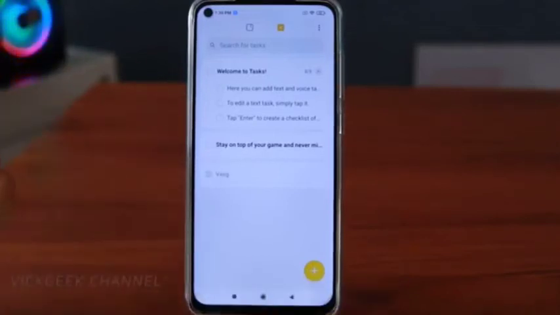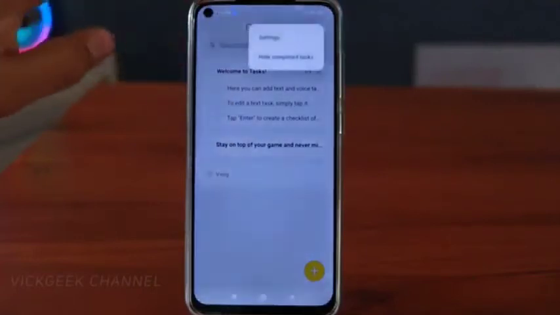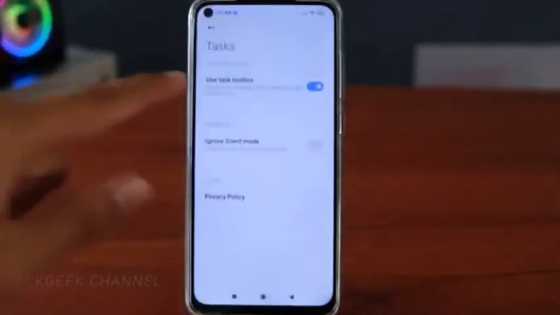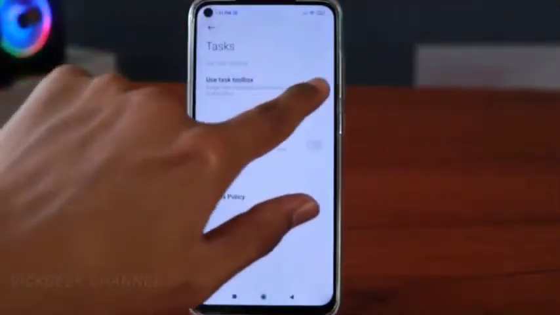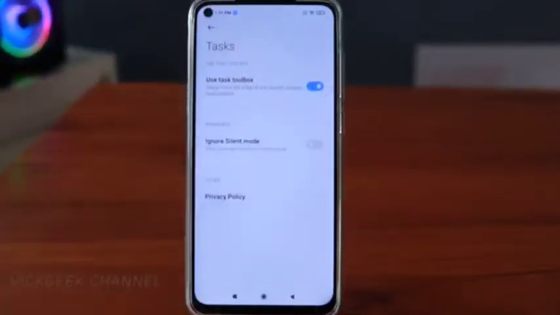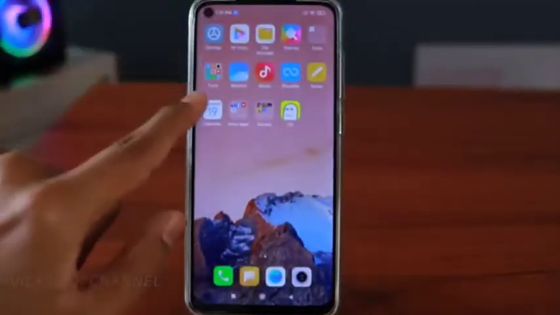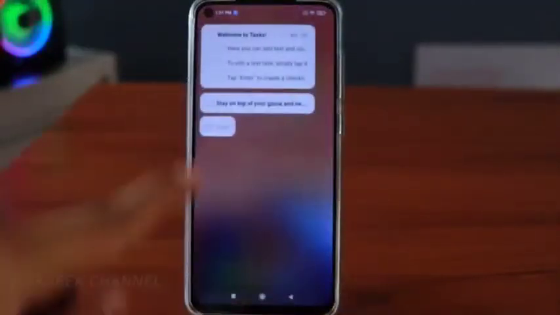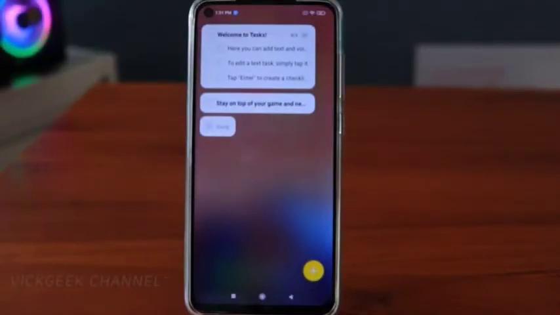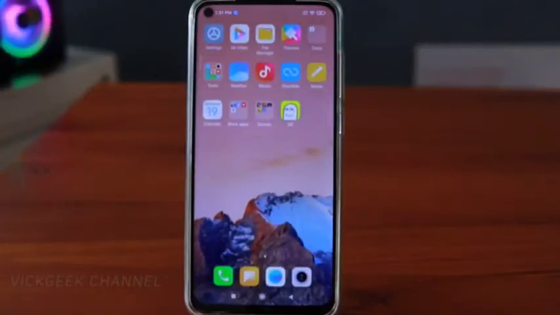And how to create a quick task, right? So you don't have to go to this application. What you want to do is tap on these three dots and then go to settings, use task toolbox. This will be off by default. You just go ahead and turn it on manually. What happens is you will see a little tiny mark over here. So what I will do is just slide like this, and boom, there you have it. Quickly you can create multiple tasks and then save it for yourself. So this is again a nice trick on the Notes app, which is a very nice and convenient feature.